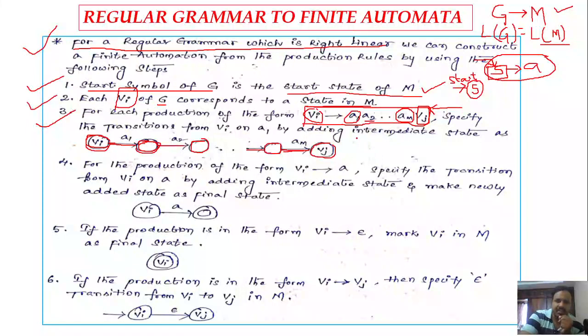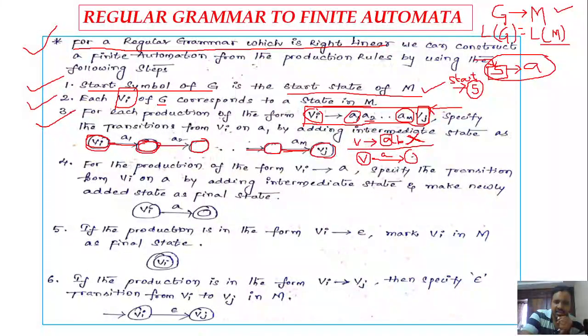So let me consider one example here. V denotes, let me say, a b X, right? Assume that in this production V is a variable, small a and b are terminals, and capital X is a variable. So this is the production. How do we construct the states and transitions for such a production rule? First consider V as a state, and V denotes small a, so from V there must be a transition on small a, like this, towards some intermediate state.